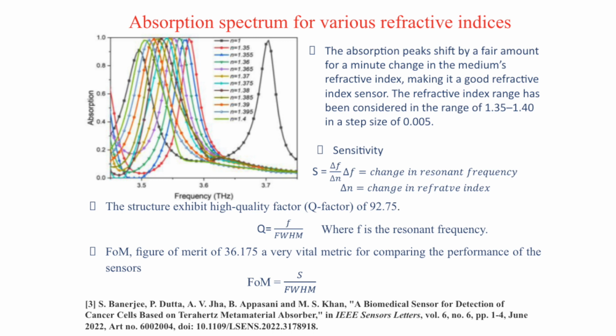These concentric rings are responsible for two resonances, and a third resonance is produced by the gear type of structure. So here we can see that we are getting three resonances where the